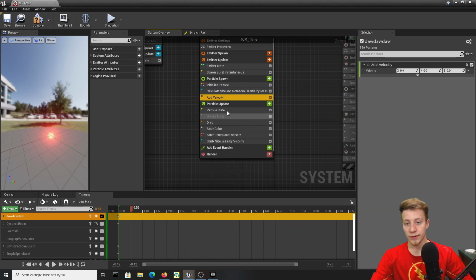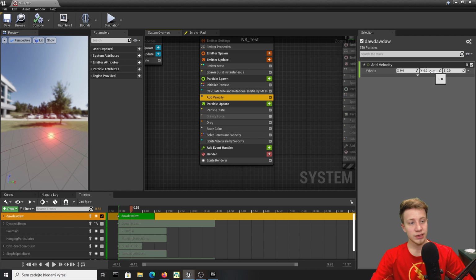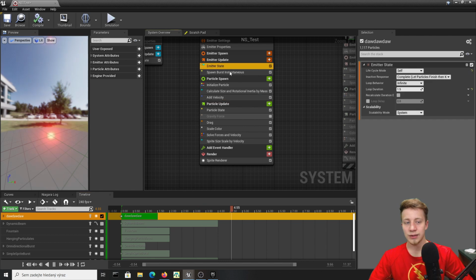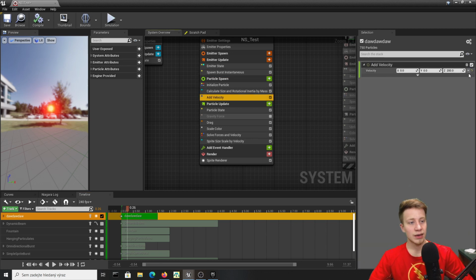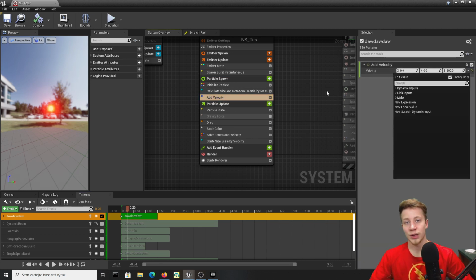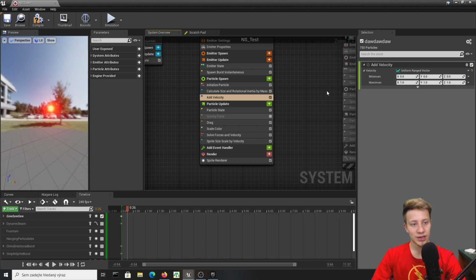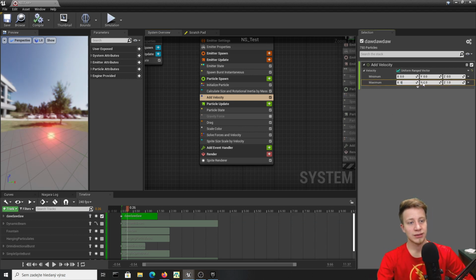So let's say that I want to add velocity, just add velocity. And here, let's say that I want it to go up, which means that I will take Z, and let's try 200. But you can see that they are all traveling at the same speed. It's still spawning 750 of them, but they are all in the same place. So what I will do is again randomize it. Usually if you want to make it look better, randomize it. That will fix everything. So let's put in a random ranged vector and set everything to 0, 0 and minimum